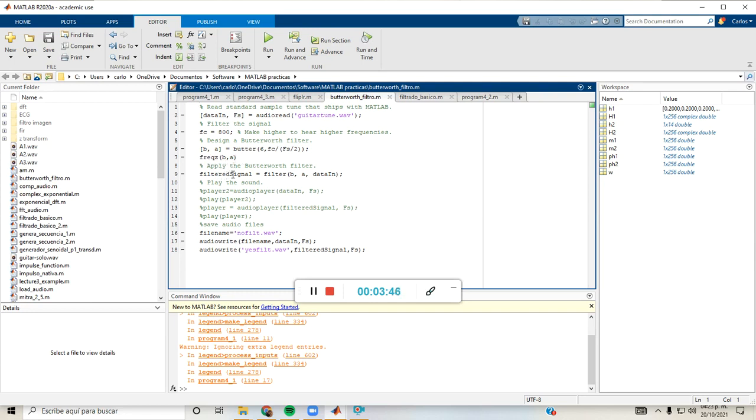And here we finally filter the signal, which will be stored. In B, we will store the filter design with its cutoff frequency. So we declare the filter and the cutoff frequency and the signal we want to filter. And finally, we get the resulting signal, which is going to be